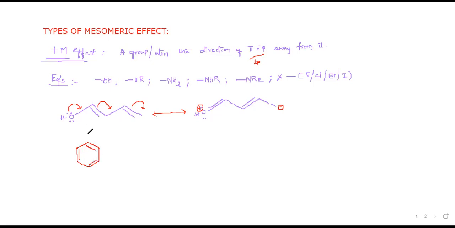Okay, so it is a benzene ring containing the amine group NH2. And you know that the amine nitrogen has one lone pair of electrons. So I will represent it with another color. The lone pair of electrons is given towards the benzene ring, and this pi bond is shifted onto the benzene ring. Due to this, nitrogen gets a positive charge, and the benzene ring gets what charge? Negative charge.